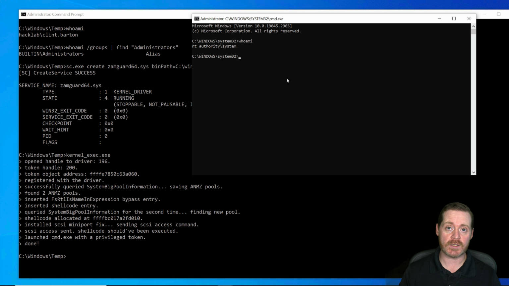Let's focus on the detection, because I think there's a lot more value in the detection here than there is in the exploitation of this, at least as it stands. So XamGuard64 is a known bad driver. Known bad because it's been used in attacks. Basically, it's been stolen and reused in attacks. So how, as a blue teamer, can you determine a known bad driver is being installed on a system in your environment? Well, quite simply, you can use